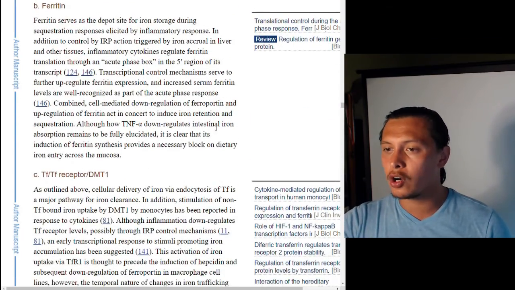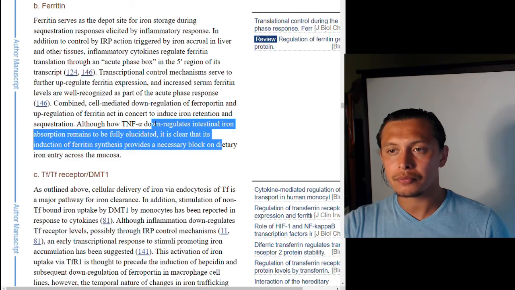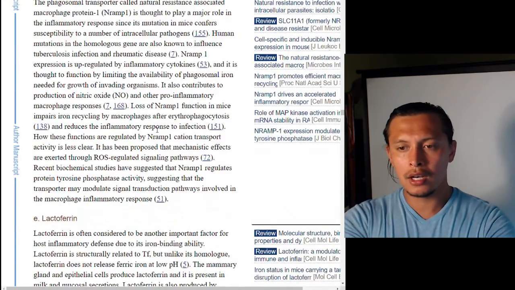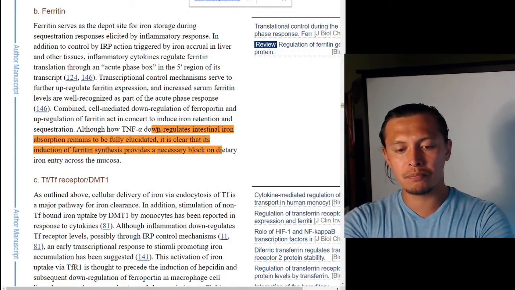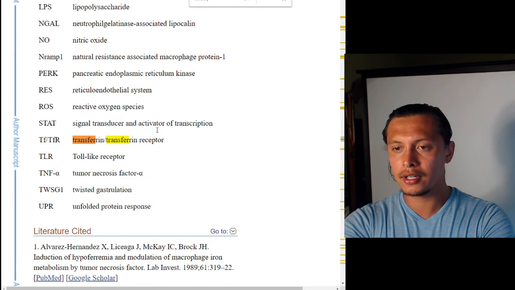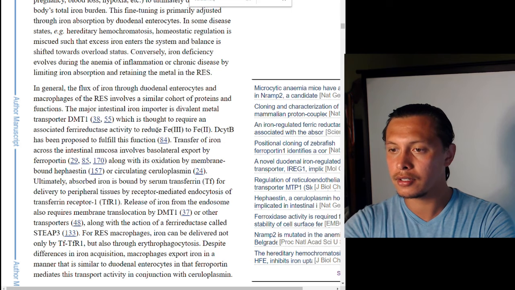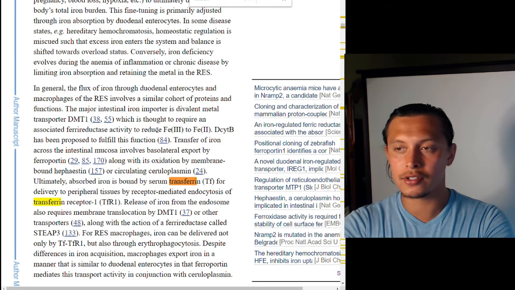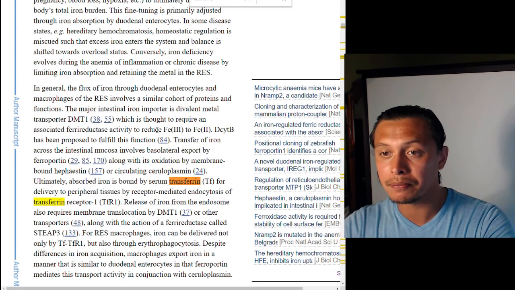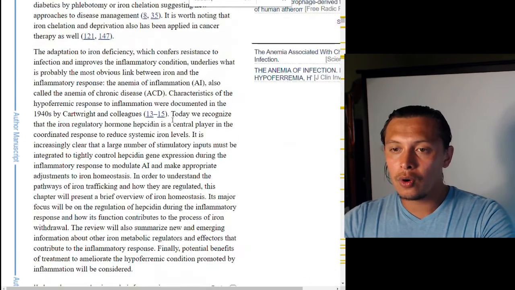So I will actually go over, let's look up ferritin. Sorry, I've been saying transferrin, but, so